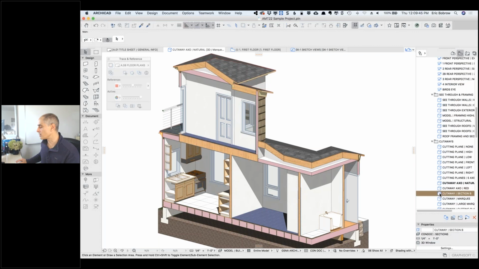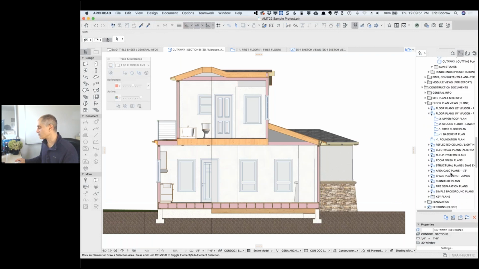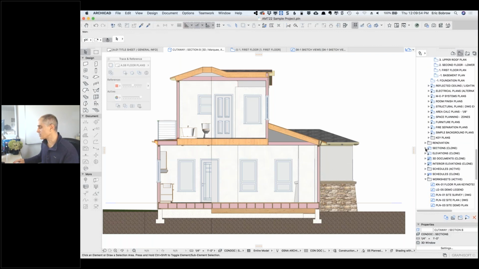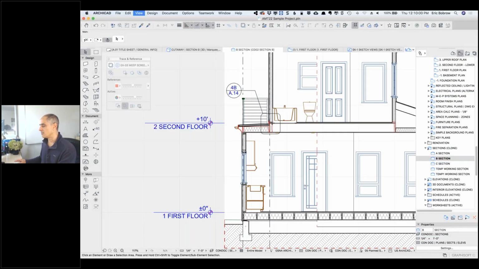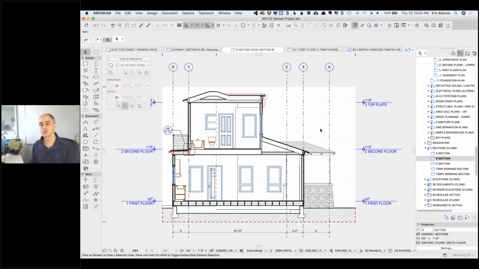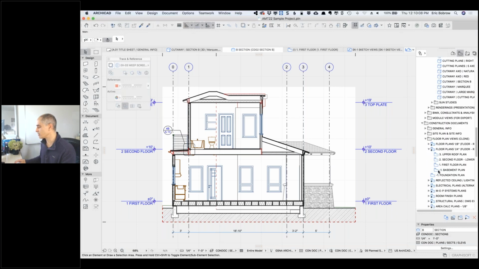Now here's an interesting one for sections. Now this section here, I'll show you the actual section down below. So in our working drawings here, we'll go to section B here. All right, so you can see this is a section. Now that section is actually staggered. So if I go to the first floor plan,